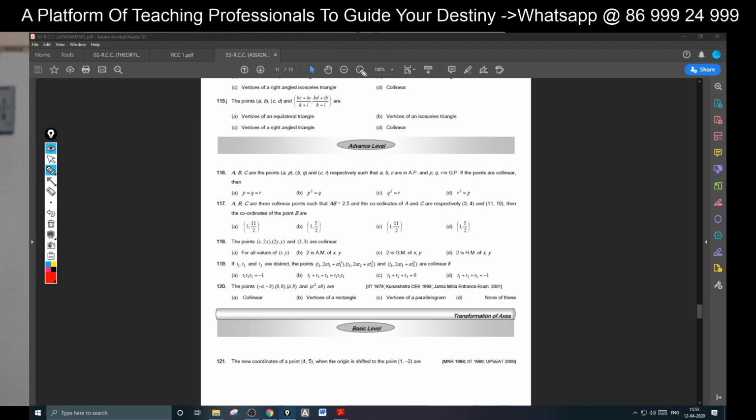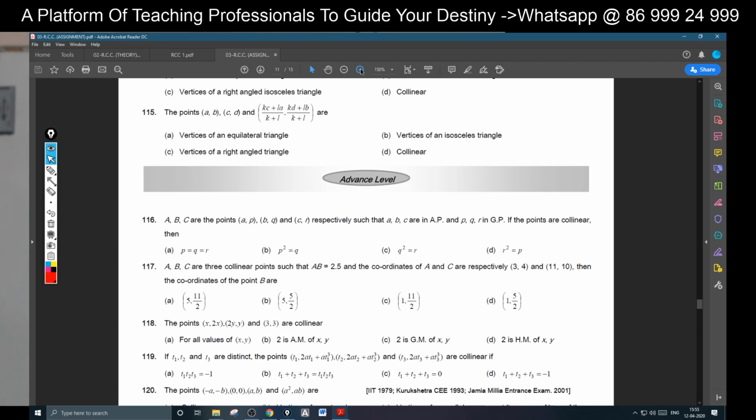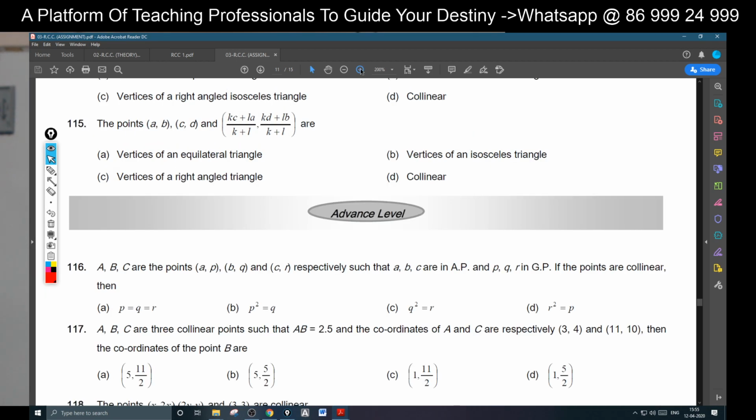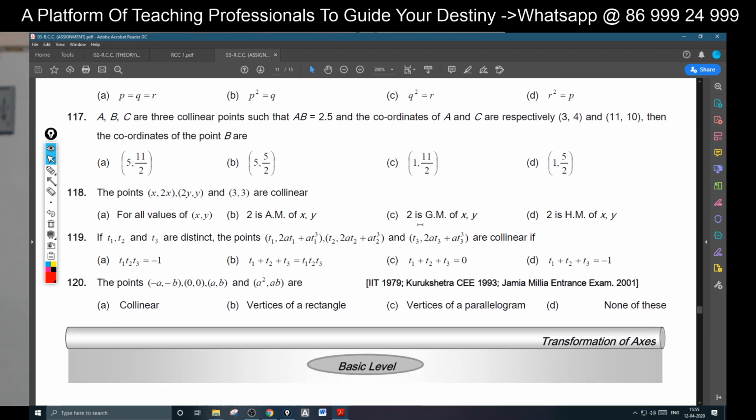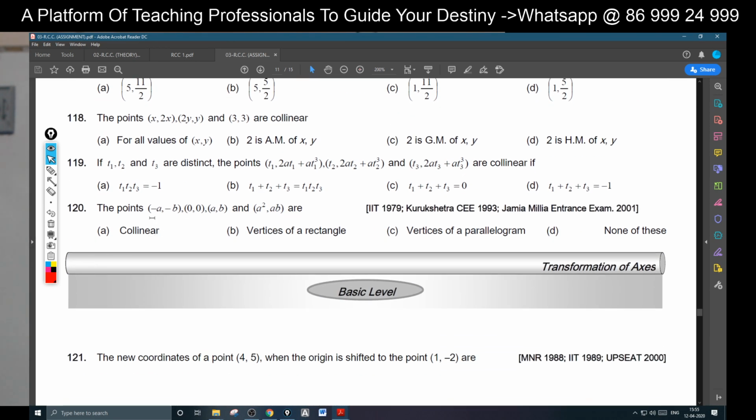Let us take the first three points. It is common sense. By observation, you can see these three points are collinear if you draw them on the plane